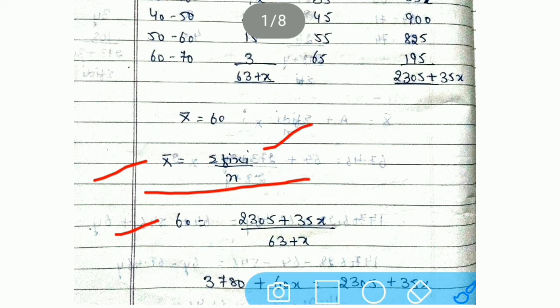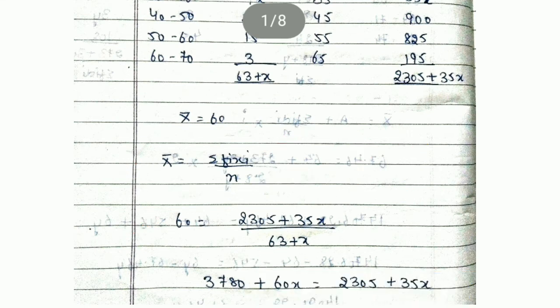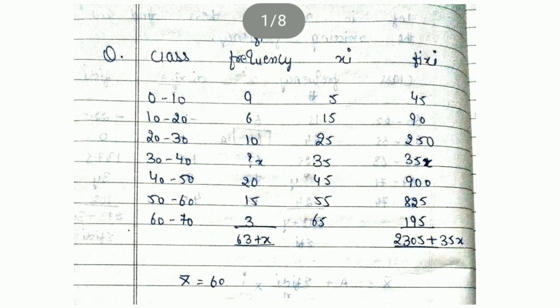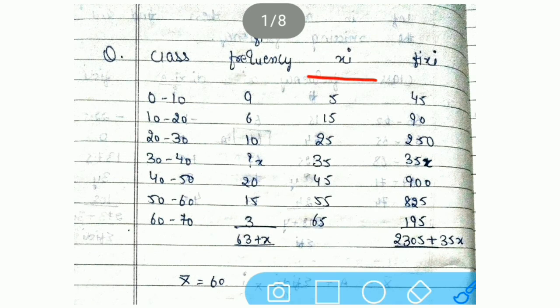Then, next requirement is sigma fi xi. That is fi into xi. Xi is already defined by us. That means now we have to just multiply frequency with the xi. Then as we will do the summation, directly we will get the value of fi into xi divided by n. And that is what you know very well. We have already learned n equals sigma fi. Sigma fi, that is total of your frequency. So what will you get? n. So now let us start with the total of frequency, as we have already defined our xi. Now do the total of this frequency.